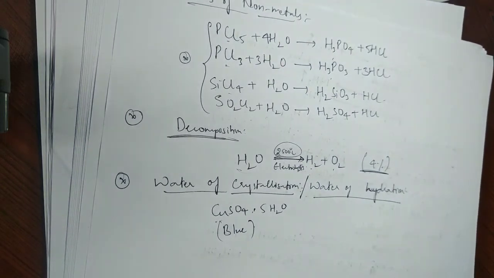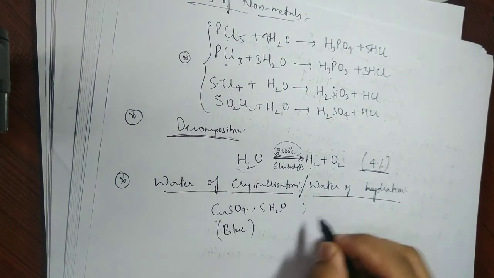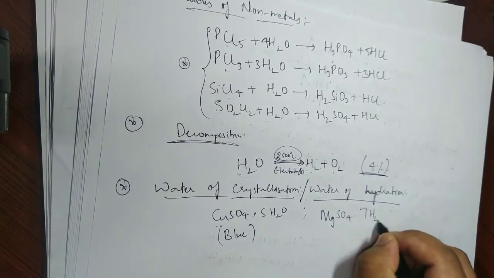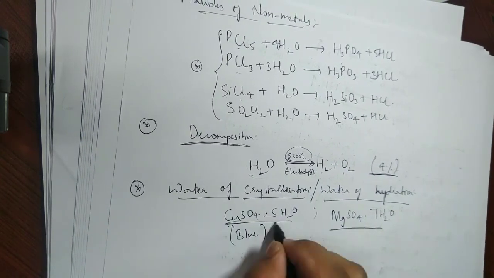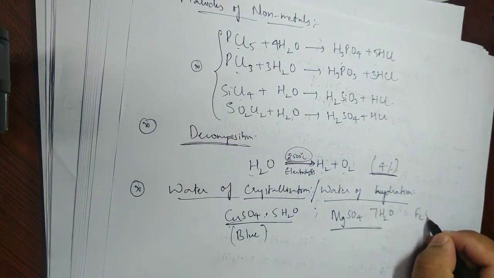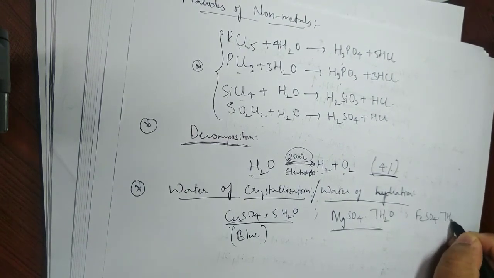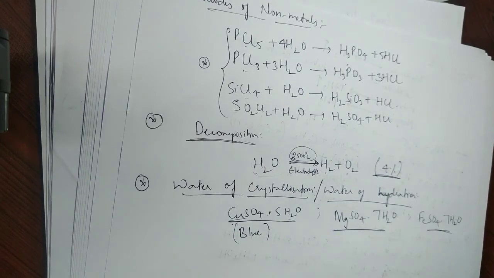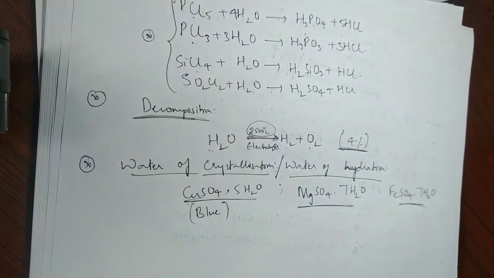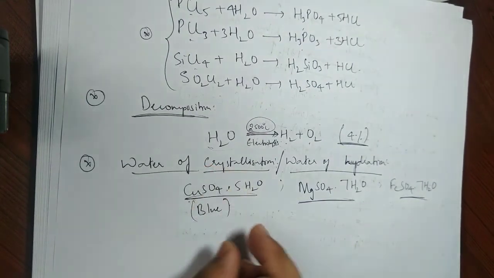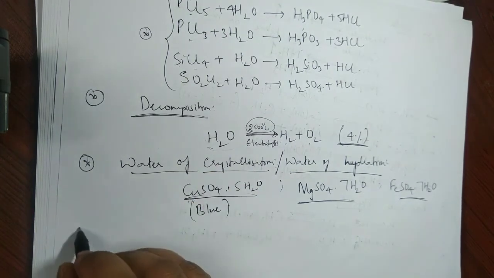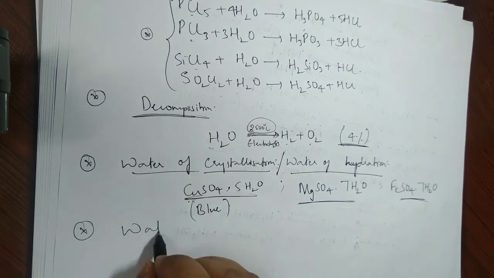We basically have two things, that is copper sulfate and another one is magnesium sulfate, MgSO4, and it has 7 water molecules. Do you remember this? One more is ferrous sulfate, FeSO4.7H2O. Okay, so these three, in fact there are some more, but these three we will very commonly observe. So water of crystallization is this. Fine. And apart from this, water can also act as a catalyst.